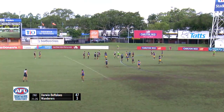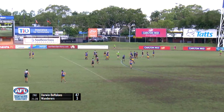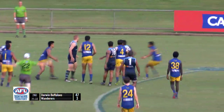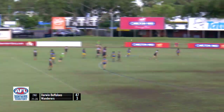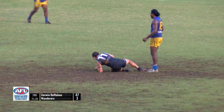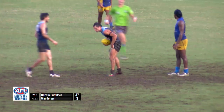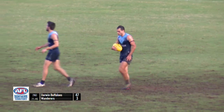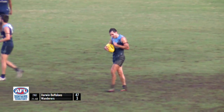Yeah, it's really hard to find a winning player for the Wanderers out there at the moment. They're just really struggling to get their hands on the ball, and for the Buffs, there's just winners all over the ground. As you see them get just a quick give out of the middle there. No, Jackson Clark, who's had a pretty good day himself sitting in that forward line there, but when the ball's coming in as much as it is, it's pretty enjoyable footy playing in that forward pocket. And almost on the siren here, he'll get a chance to go back and try and kick his first goal